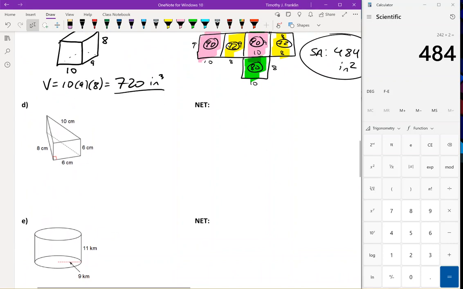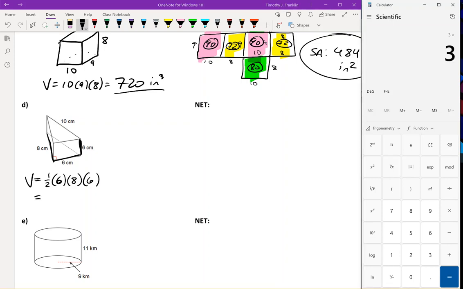All right, now we have another triangular prism. Let's try it without the net this time, just to see how we do. Now this triangle here, we're given the right angle. It's a right triangle, so we know that the area of this triangle is 1/2 base times height, and we know the height is 8 and the base is 6 because they're perpendicular. So for the volume, area of the triangle is 1/2 times 6 times 8, and the distance between them is 6 right here. So that volume would be 3 times 8 times 6. We get 144